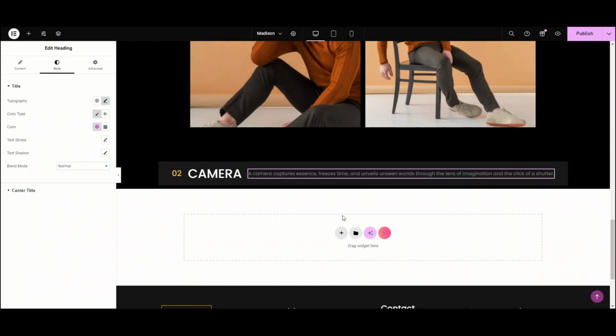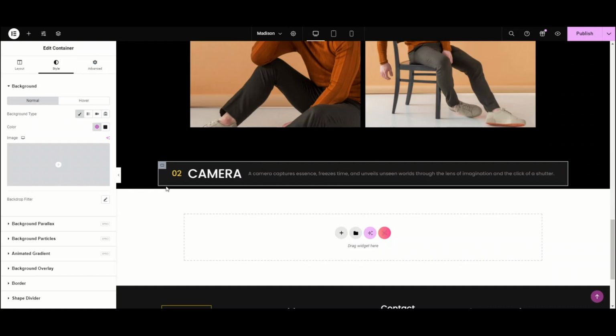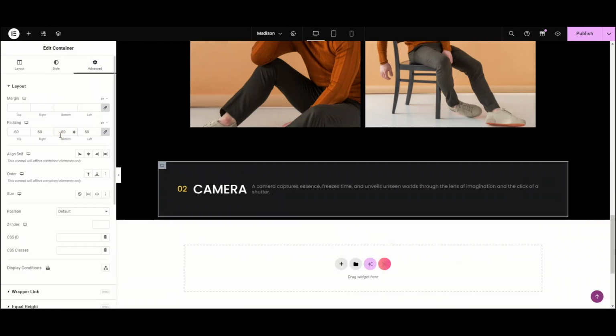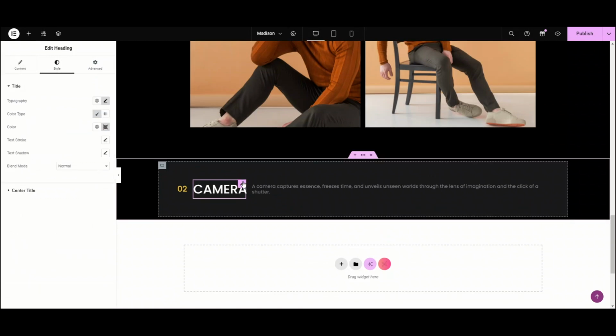Now we will continue creating the rest of the page. We will move forward by dropping containers, adding heading widgets, and inserting simple galleries. This preview page, or we can say a detail page, is all about showcasing the photography portfolio process: the light, the camera, and the action. We will highlight the lighting setup, display a gallery of camera shots, and finally capture the action. Basically, this process shows how a portfolio comes together.